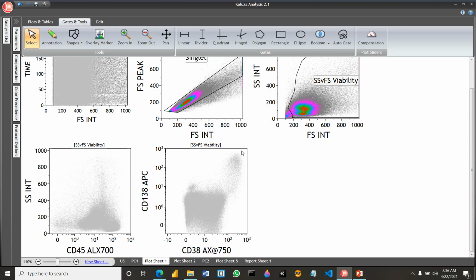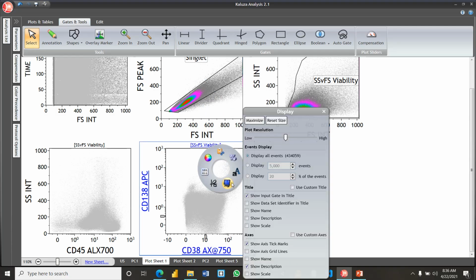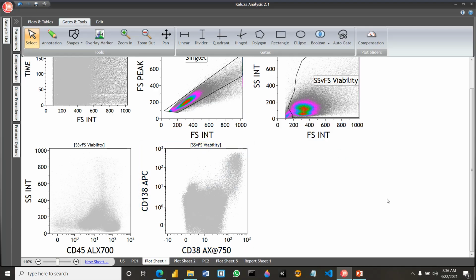So it looks like we have some events which are both CD38 and CD138 positive here, a lot of cells, and adjust some scale so that we will have a nice uniform cluster. Okay, now sometimes we can have some cells. You can see there are cells which can be negative for a little bit of expression of CD138. So you can see although the majority are CD138 positive, there are few cells which are going down